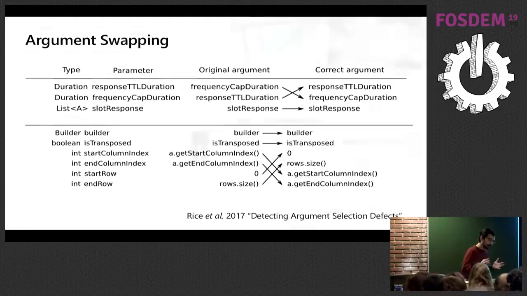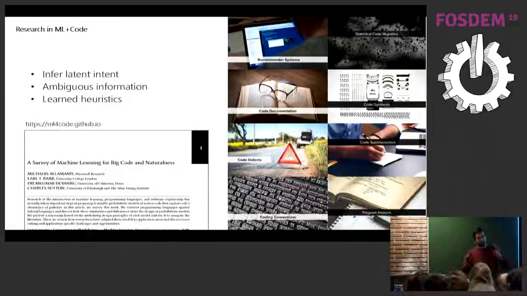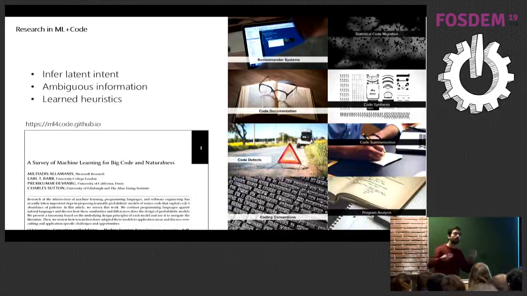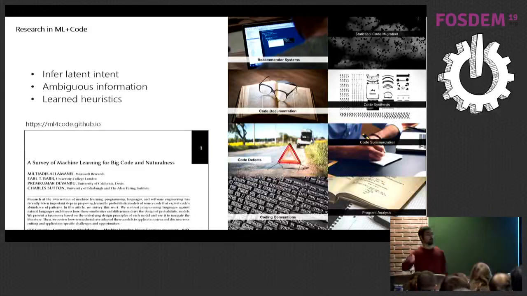So overall, I think the broad perspective here is, where do we see that machine learning for source code will start appearing? There are many cases where we want to infer the latent intent of the user. That's the auto-completion case. We don't want the user to tell us, well, I'm typing here, and what I actually want to do is this, so now help me. But their intent is latent. It's hidden behind the keyboard. And we want to use a machine learning model that infers this latent intent. What does the user want to do, or what did the user want to do in the case of finding bugs?